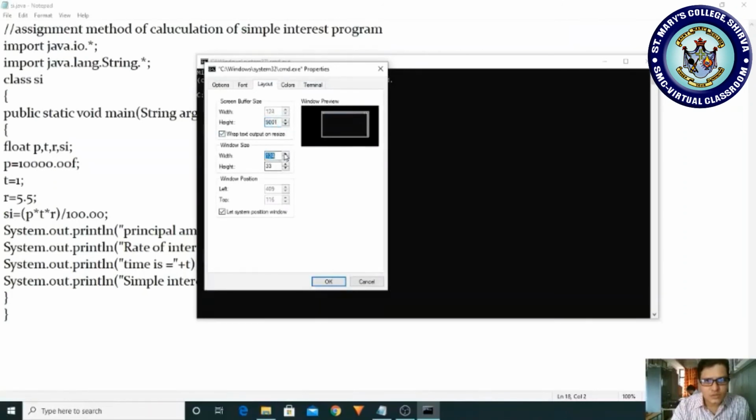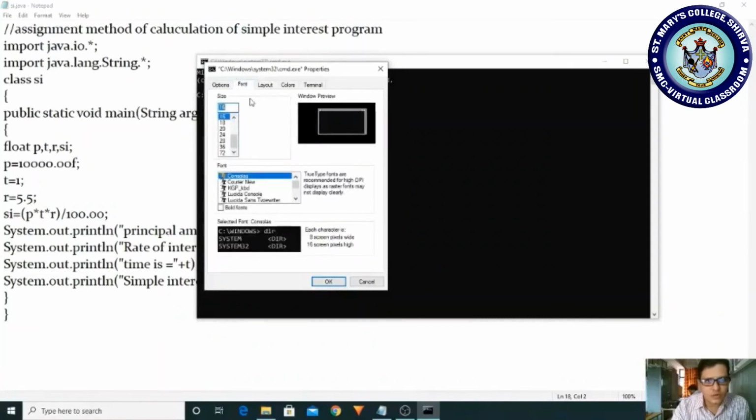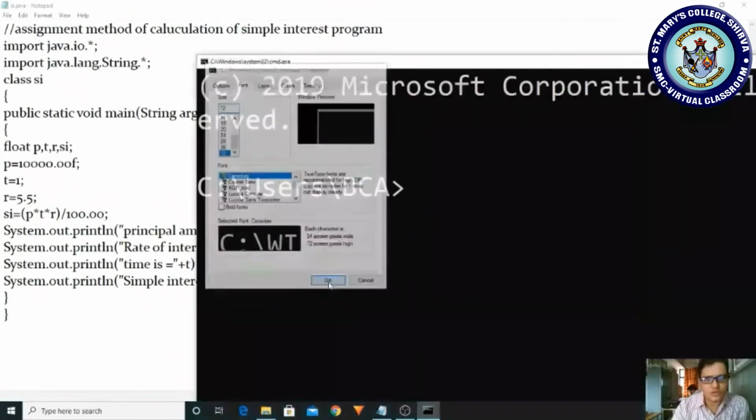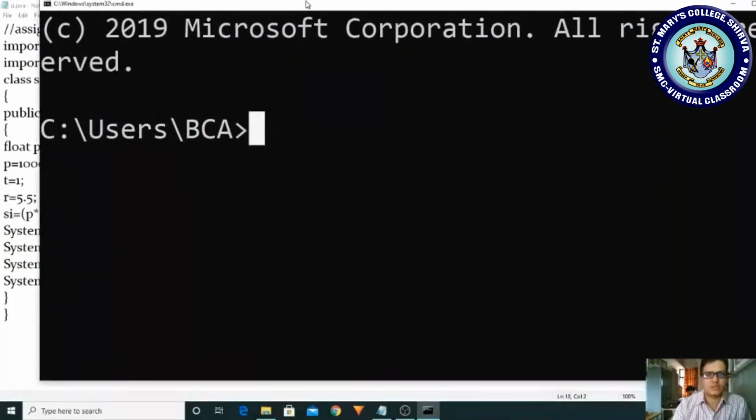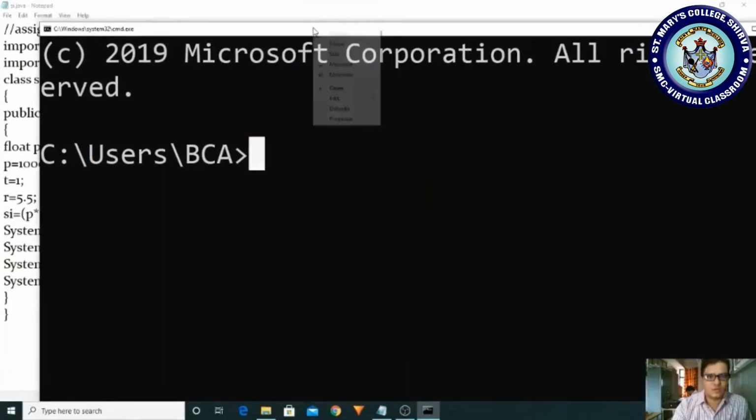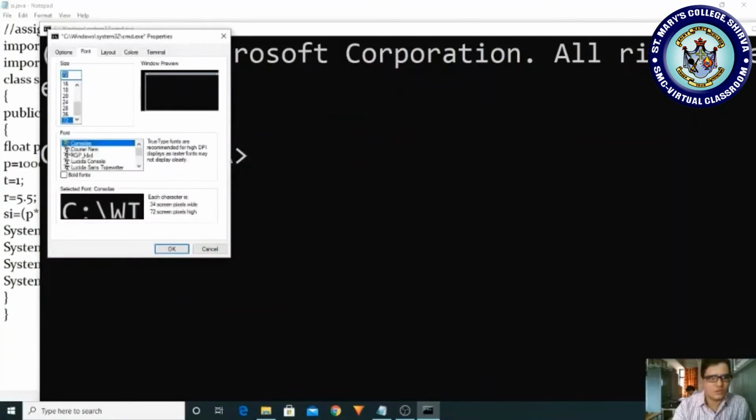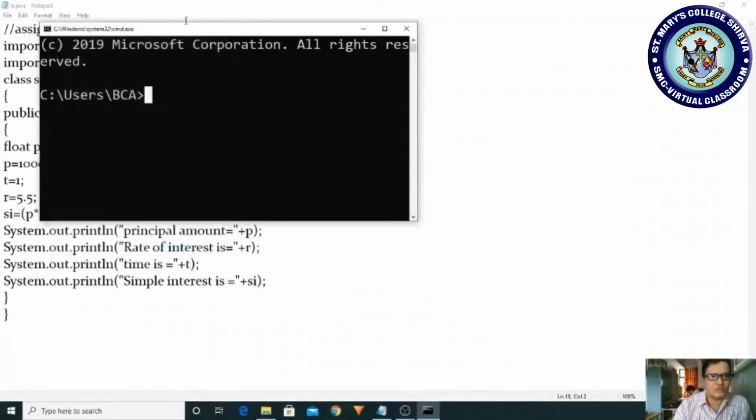Let me try to increase it. This is the width, this is the height, and the font should be around 36. Okay, now it is visible, right? Clear? Yes, now it is visible. Let me make it 36, that is enough. Now it is visible, right?